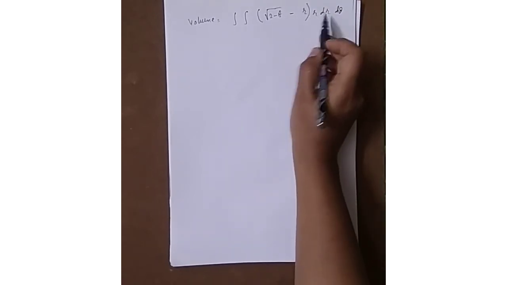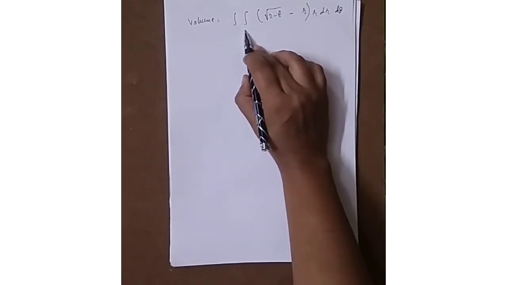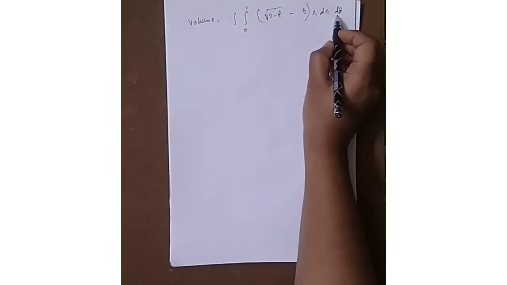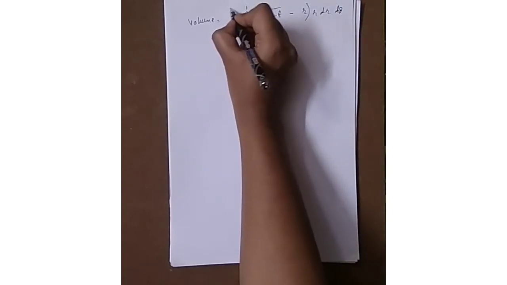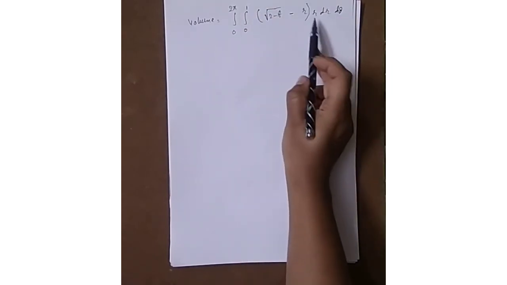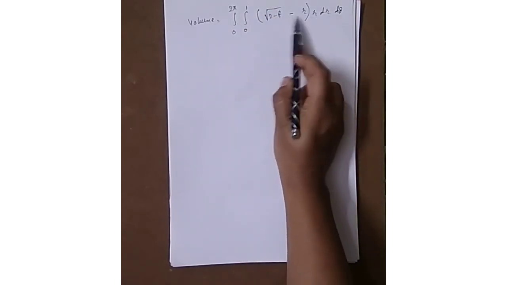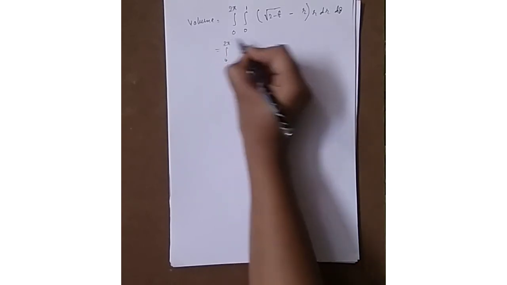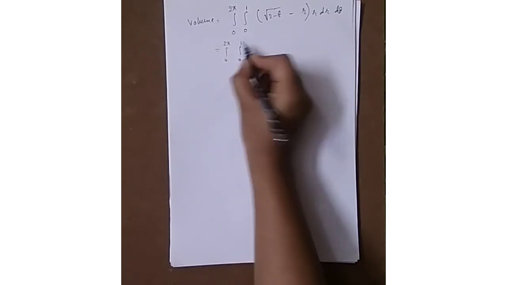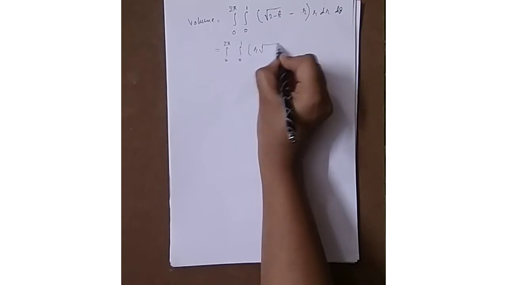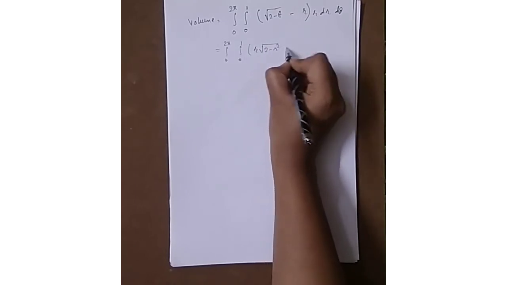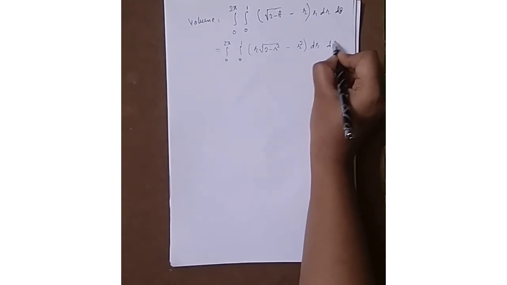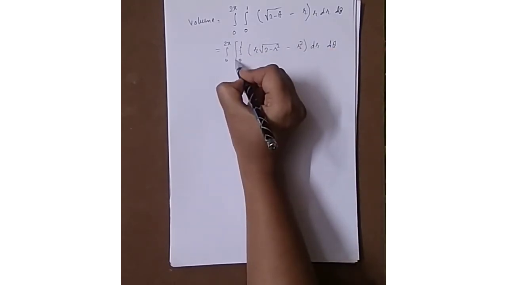First we put the limit of r, that is 0 to 1, and then the limit of theta, that is 0 to 2 pi. Now multiply this r into these two terms, it gives integral 0 to 2 pi, 0 to 1, r into square root of 2 minus r square, dr d theta. First integrating this,